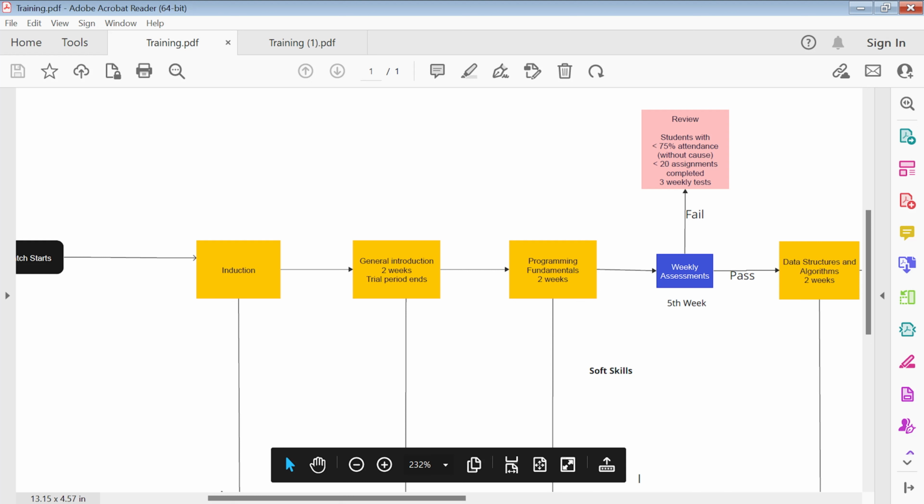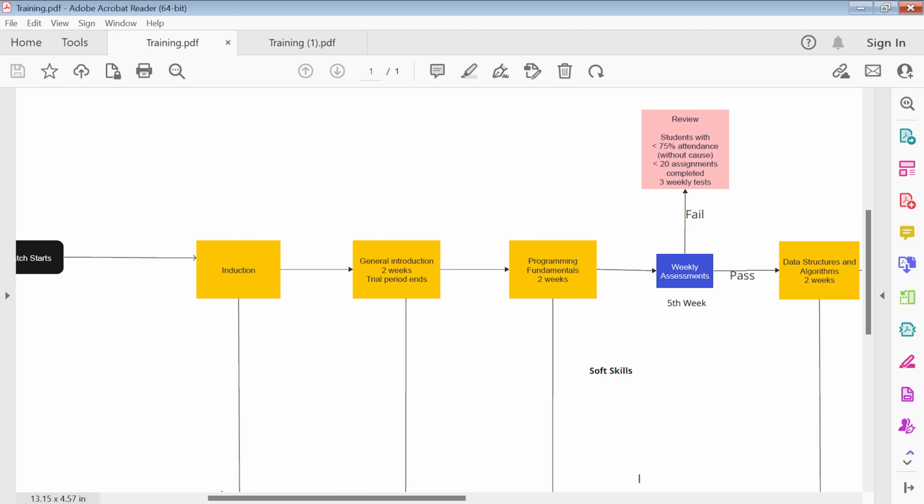Each day after your classes, you're going to have assignments, and each week you're going to have weekly tests. In your 5th week, based on your attendance, which should not be less than 75%,